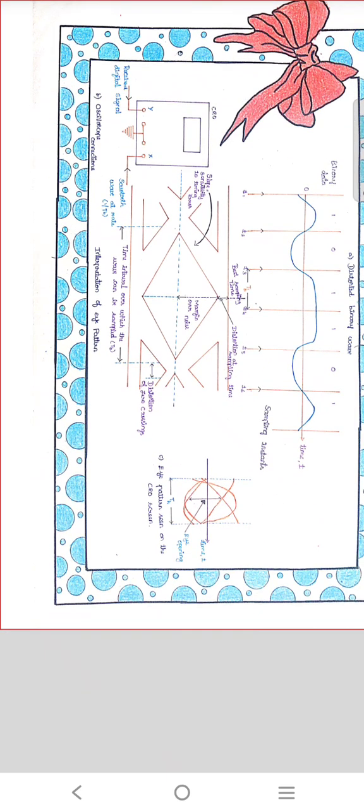Next, B: oscilloscope connections. Y is the received digital signal. X is a sawtooth wave at rate 1 divided by Tb. This is connected to display the eye pattern on the CRO. Next one is C: the eye pattern seen on the CRO screen. The eye opening. In this diagram, the eye can be opening. Next, the timing will be extended.